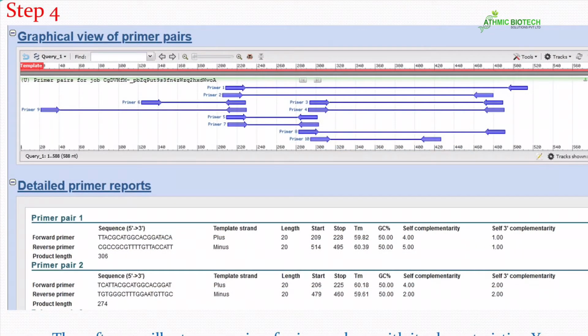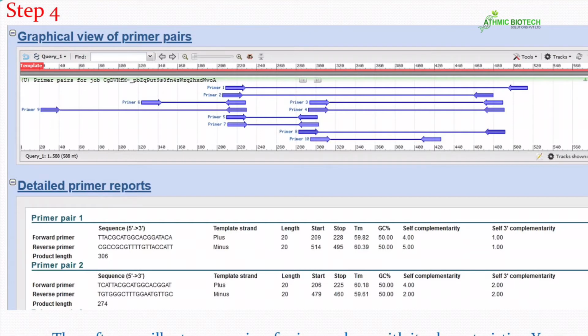For primer pair 1, you can see the primer length is 20 for both, and the GC content is 50% for both. The melting temperatures are 59.82 and 60.39, a very small difference between the forward and reverse primer.